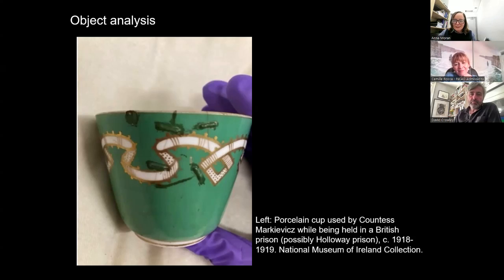But I'm showing it to you because I want you to understand how we think about objects, and we very often look at objects as having biographies. So there's a number of stages in the object's life cycle that we might think of when looking at an object like this. We might think of its conception, its design, its production, and its materiality. We'll think about how it's been used, how it was used in 1918-19 when Constance Markievicz was able to use it in a prison, and how was she able to do that. And then we might think about it now as its value, today, as this fascinating material link to the everyday experience of Countess Markievicz.